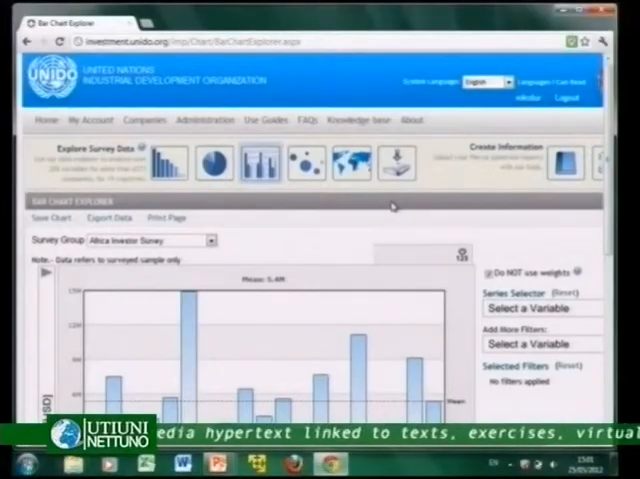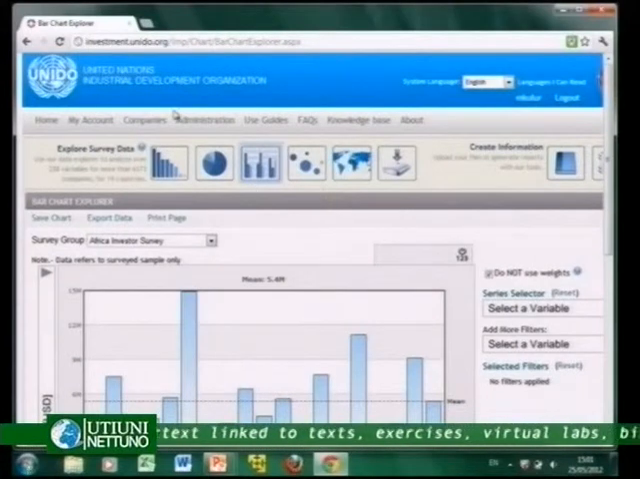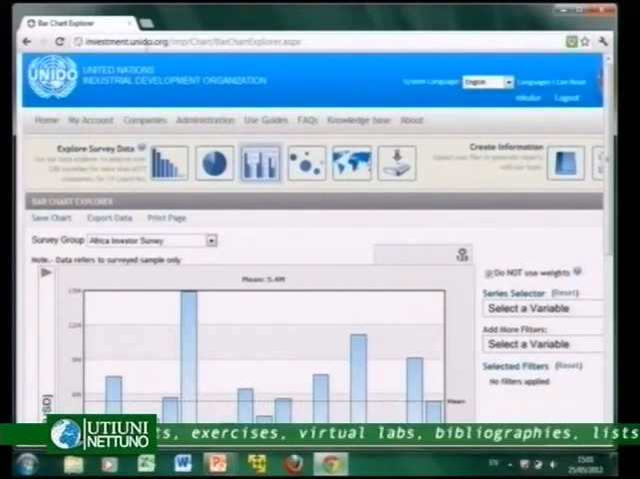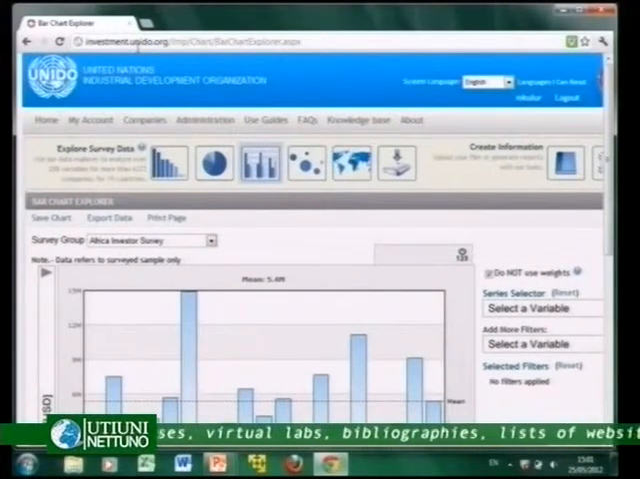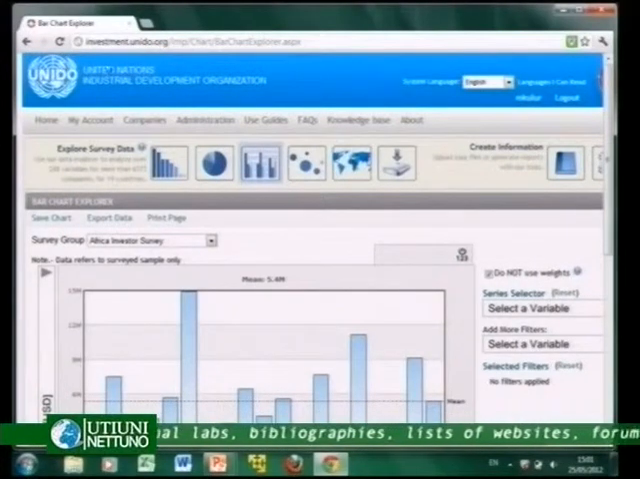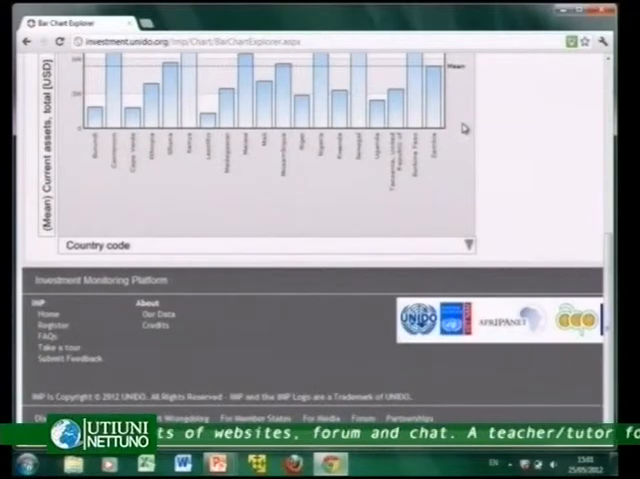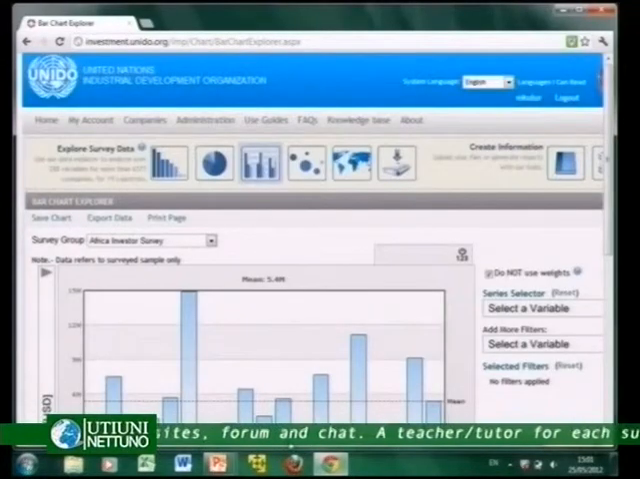And what I will show you now is how you can manipulate the site to do analysis in a number of ways. To do that, we go to the platform. The platform is at this web address, investment.unido.org. Once you enter that, you log in with a password, and now you have access to all the data